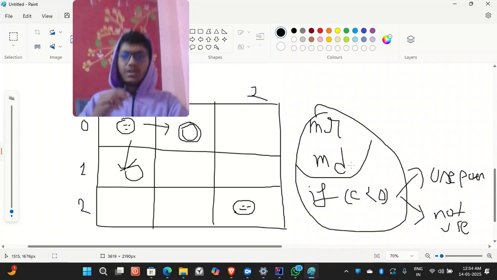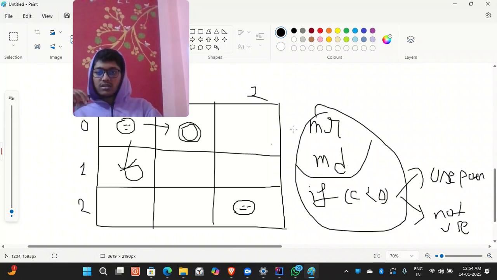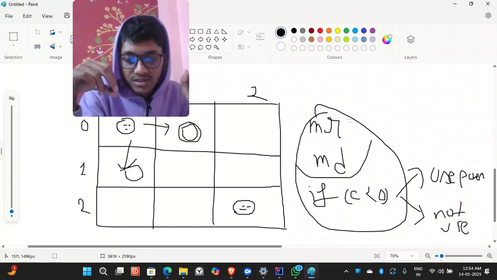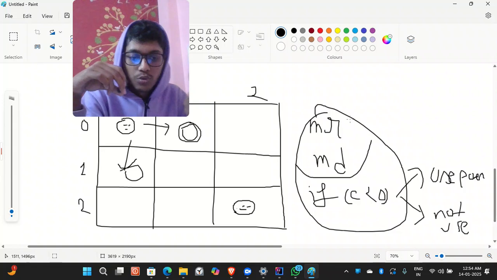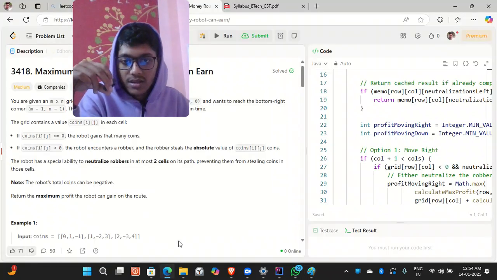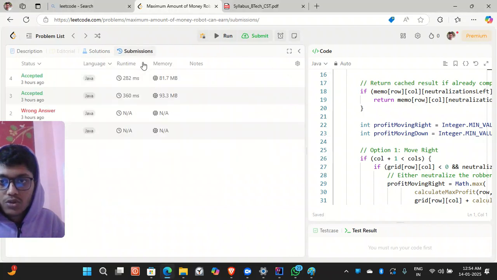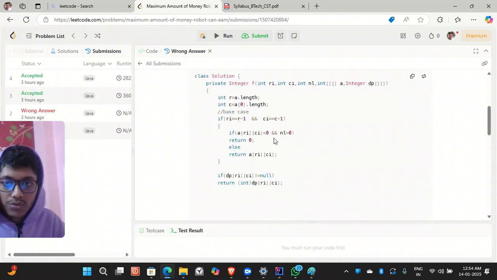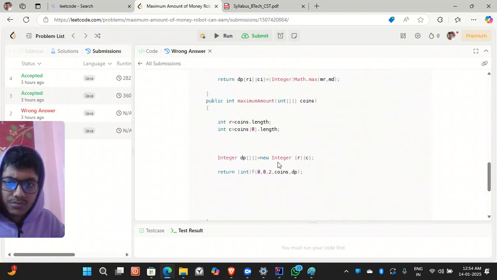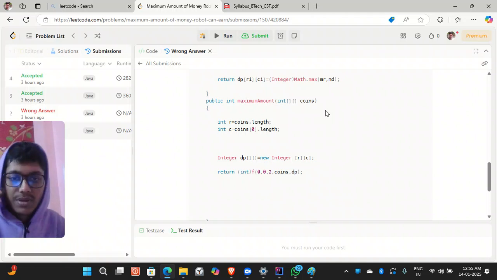First of all, don't actually jump onto DP at first. Try to solve it using recursion, then you can easily convert your recursive code into memoization code. If I show you my wrong submission, then it will be much easier to get the thing. This is the function that is given to me. I have been given a grid and each and every cell has some definite number of coins,